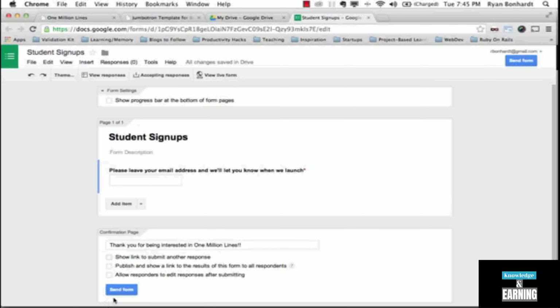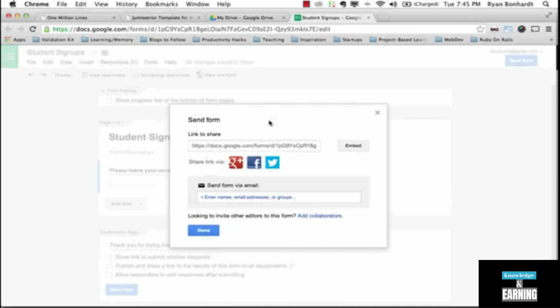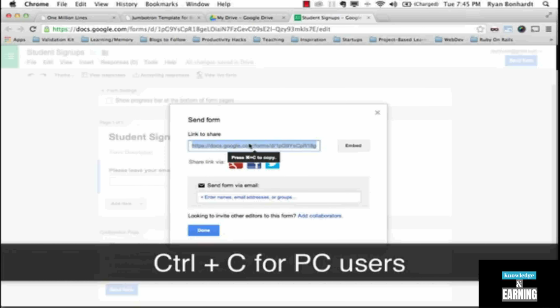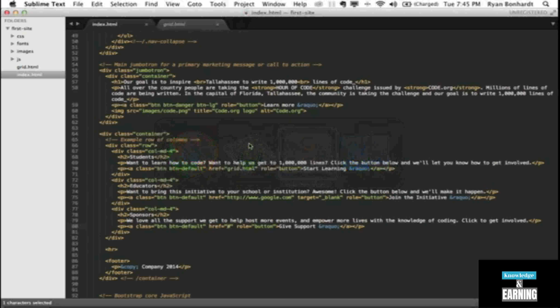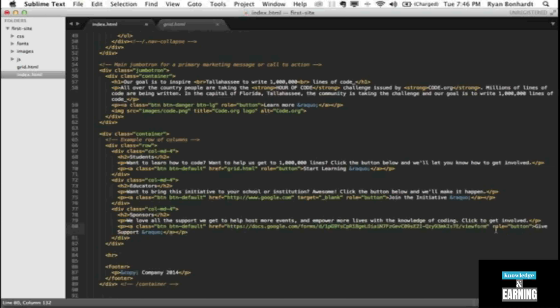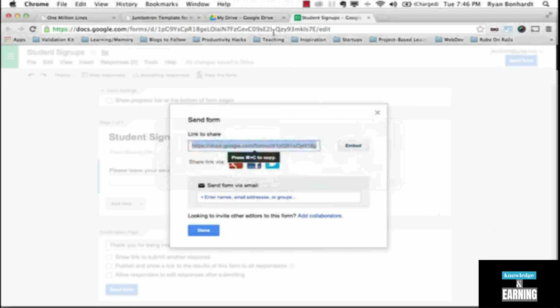Now we're going to say send form. We're going to grab this link right here. So you can do Command-C to copy it. Now we're going to go over to Sublime. We'll just go ahead and put it right here. And let's give it a target attribute of _blank so that it will open a new window, save it, go over to Google Chrome,